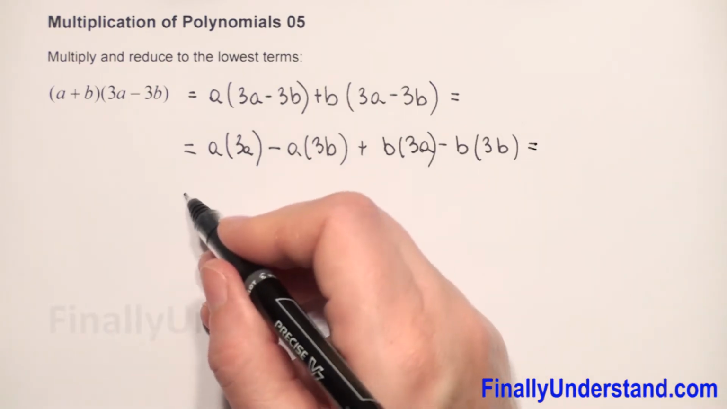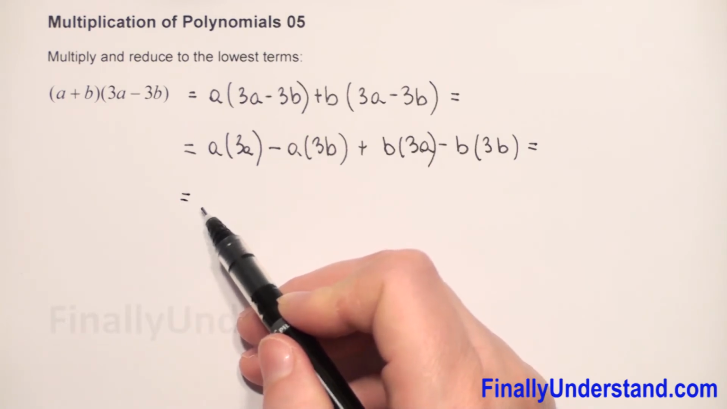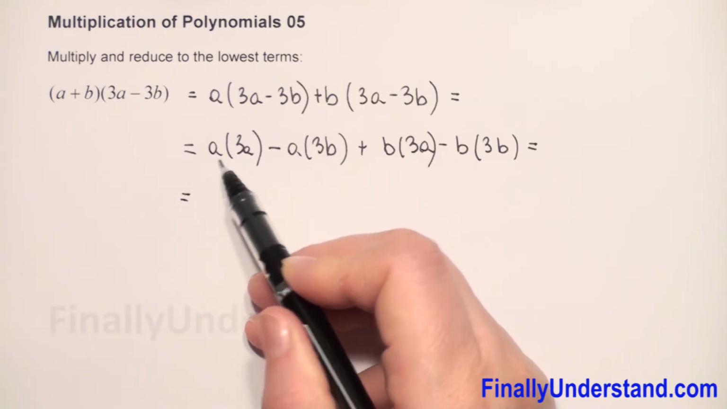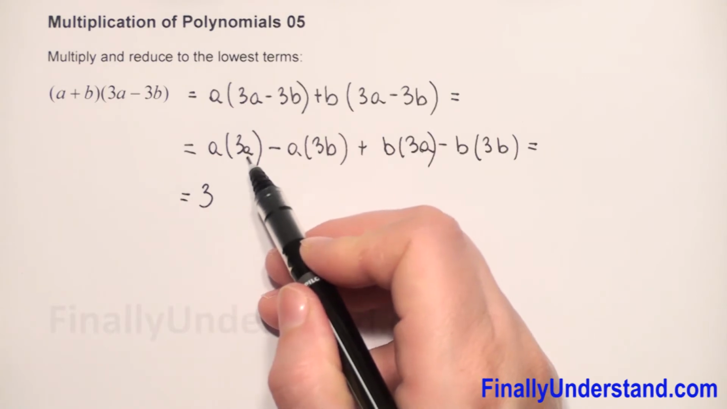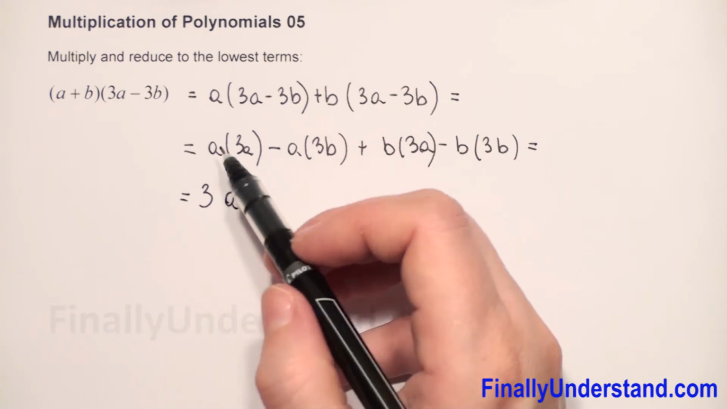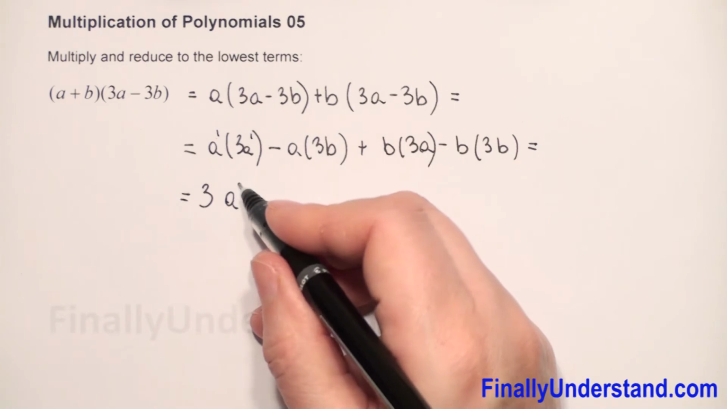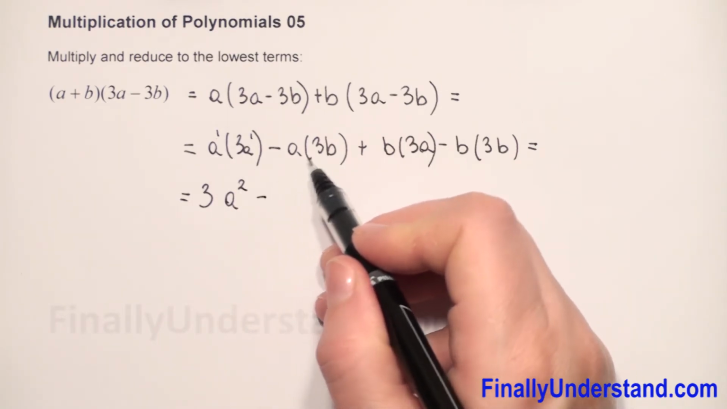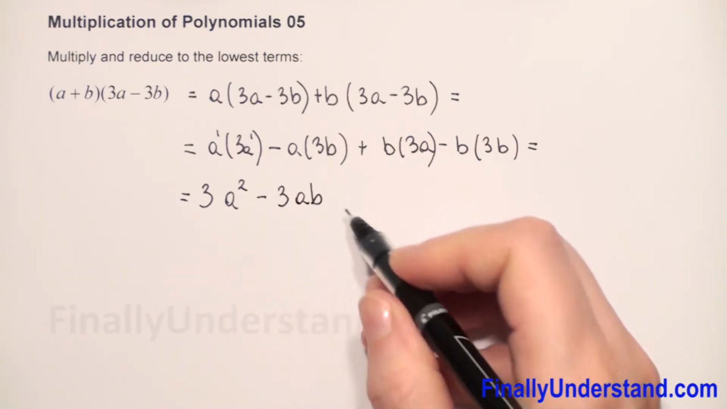Now we always put first the number, next the variable, and we have here only 3. A times 3a will be 3. We have to copy a times a, the same base, so we copy the base and we have to add exponents. When we don't have exponents, it's always an invisible 1. So 1 plus 1 is 2. A times a is a squared, minus a times 3b,